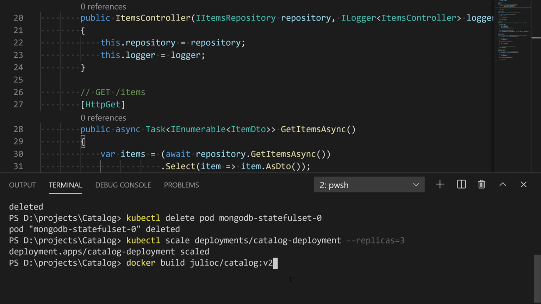This is necessary so that Kubernetes can later tell that this is a new image and that it needs to pull it down from Docker Hub. Otherwise, it will not be able to tell. So then I'll say dot. I'll hit enter,